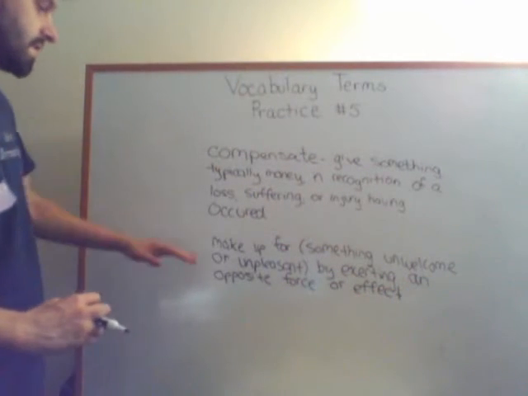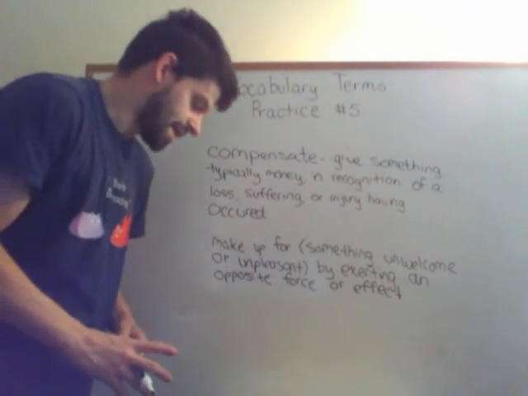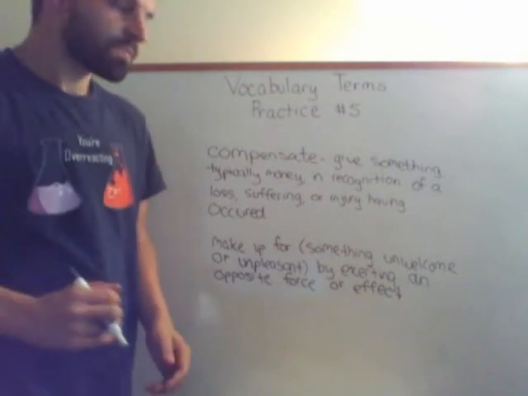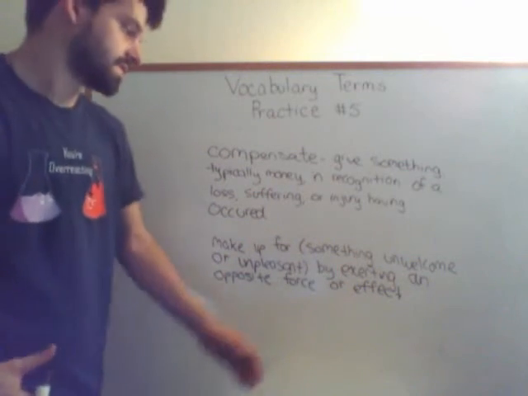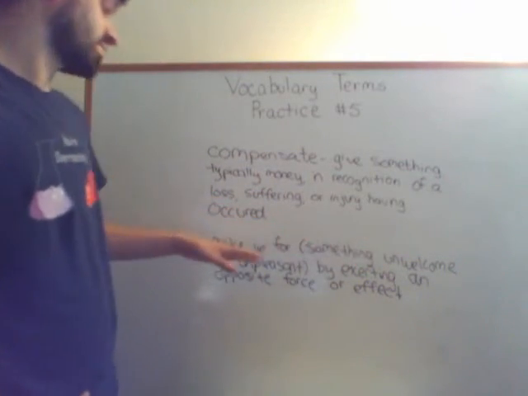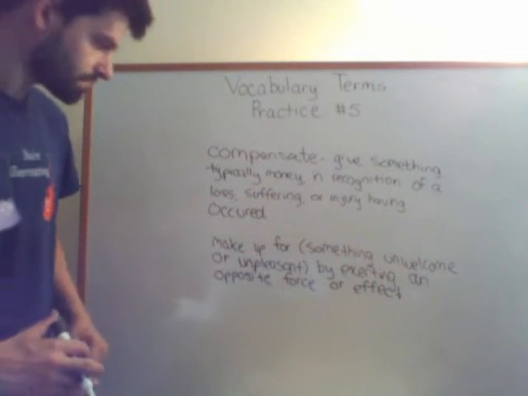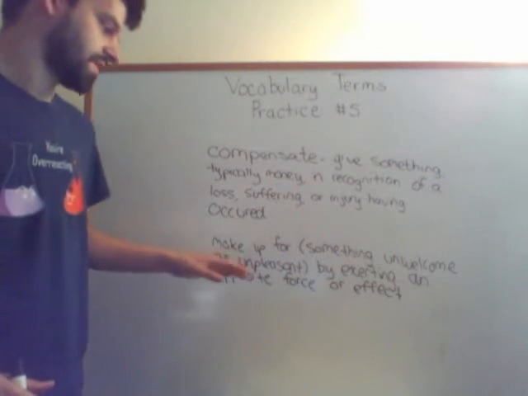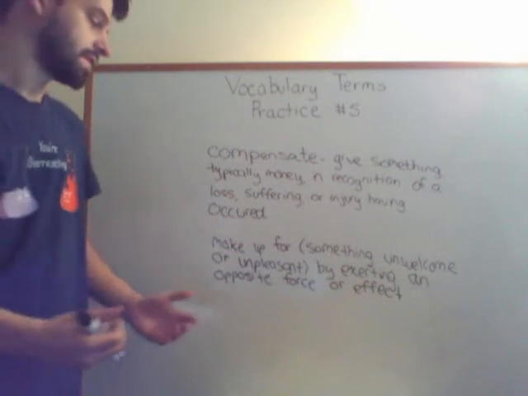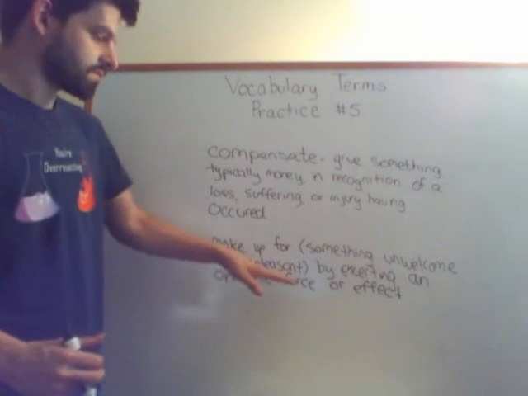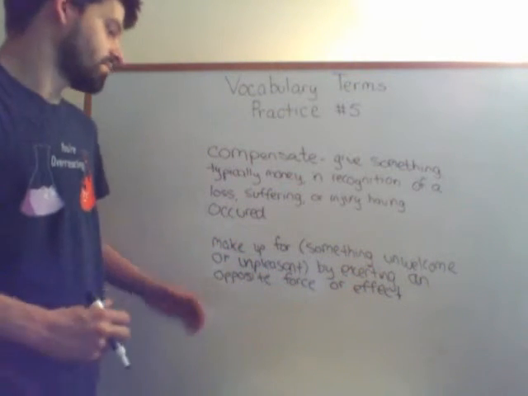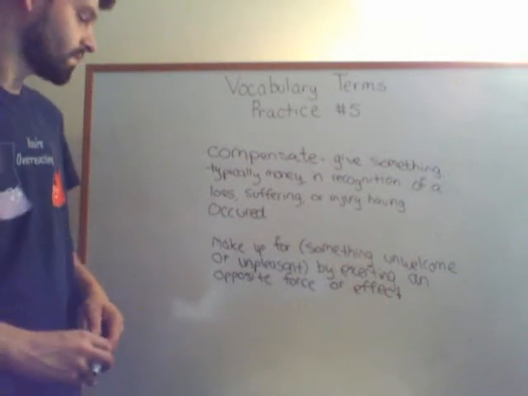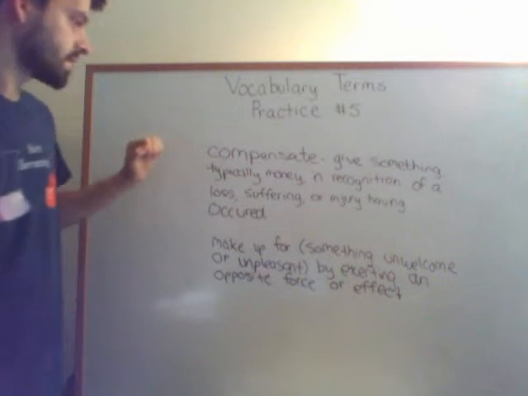And the sentence that I came up with for this definition is that the price of the item has been reduced to compensate for a defect. So in this case, the defect is the something unwelcome or unpleasant, in this case unpleasant, and the compensation that was made for it was the reduction in price. So that was making up for the defect, so the opposite force was the reduction in price for making up for the effect of having a defect. Okay? Okay, so this is the second word, compensate, spelled